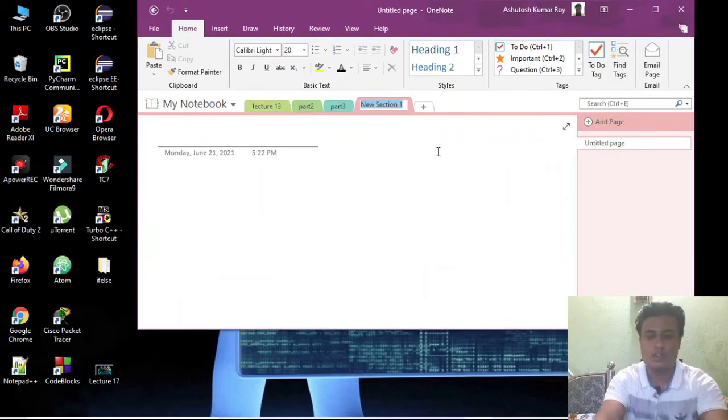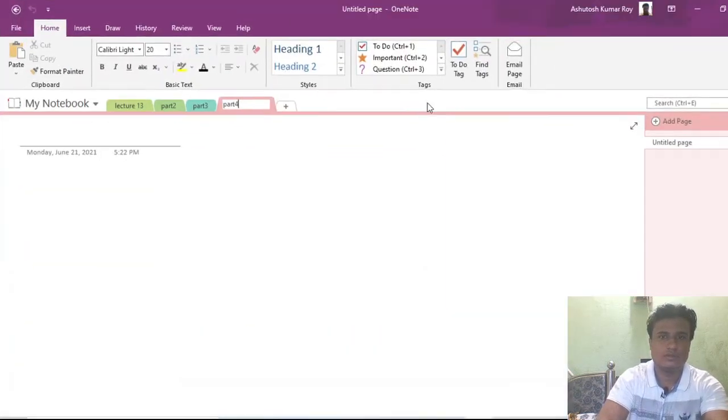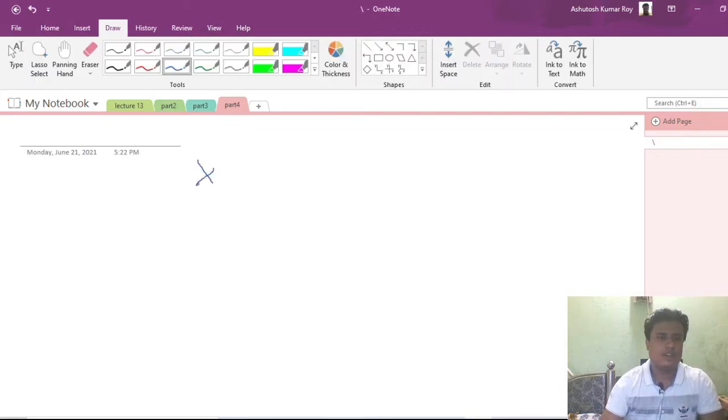Let us create a new note. So let me show you how we can do that. What we have to print, we have to print this one. Suppose this is a star, and like this.